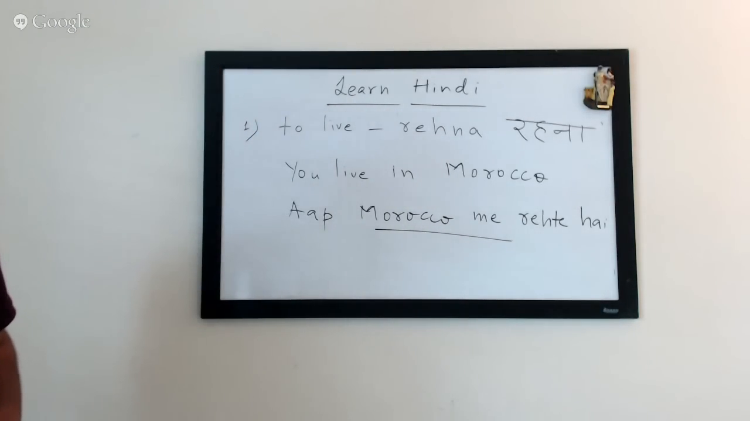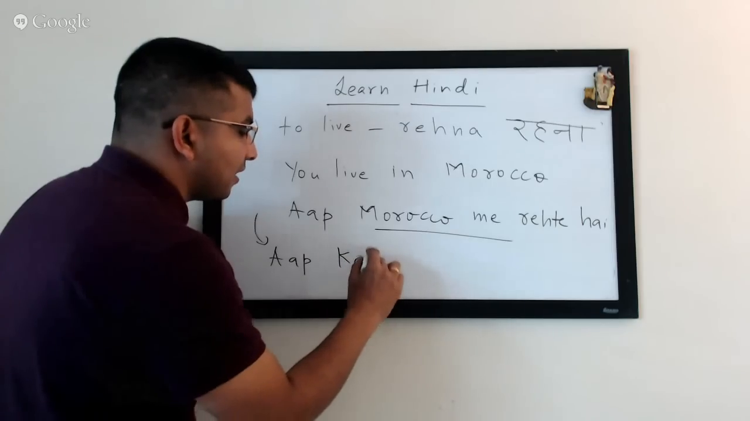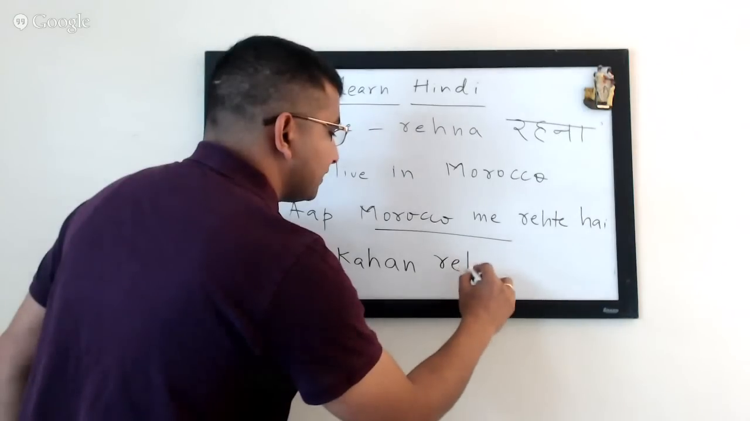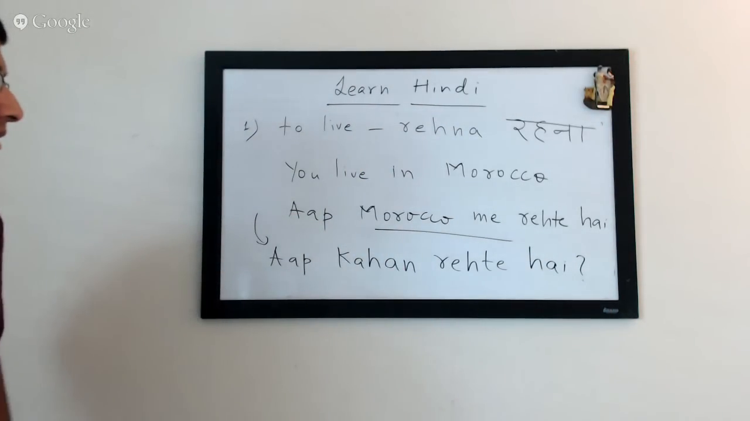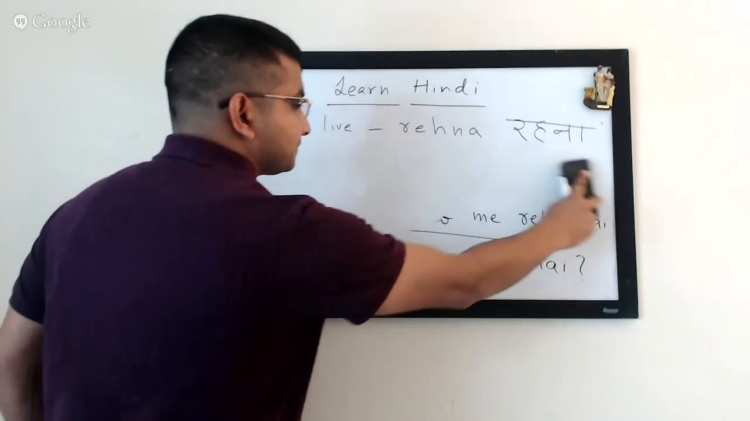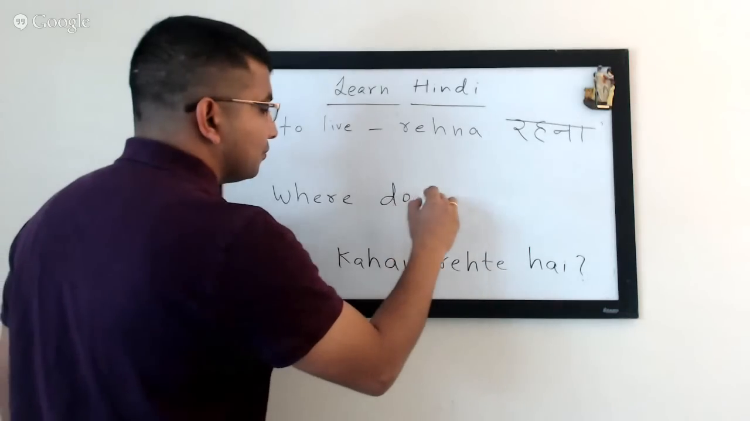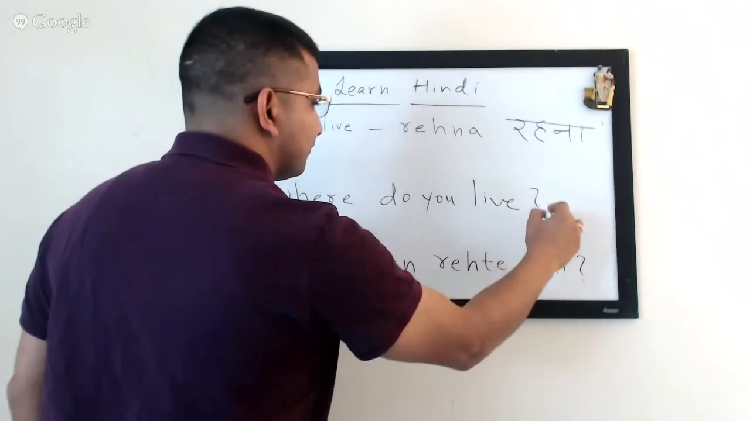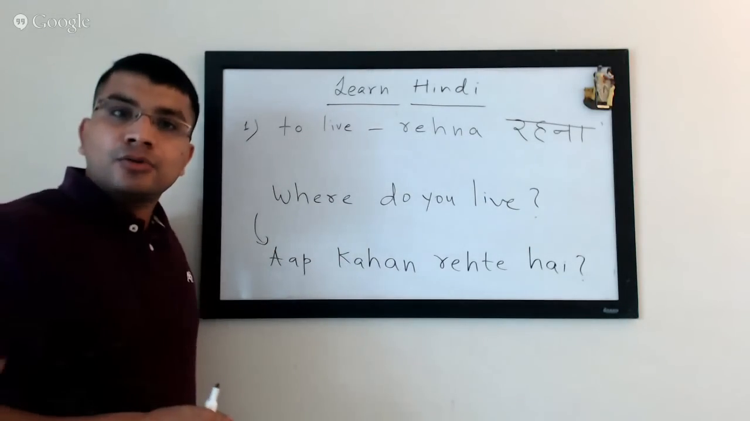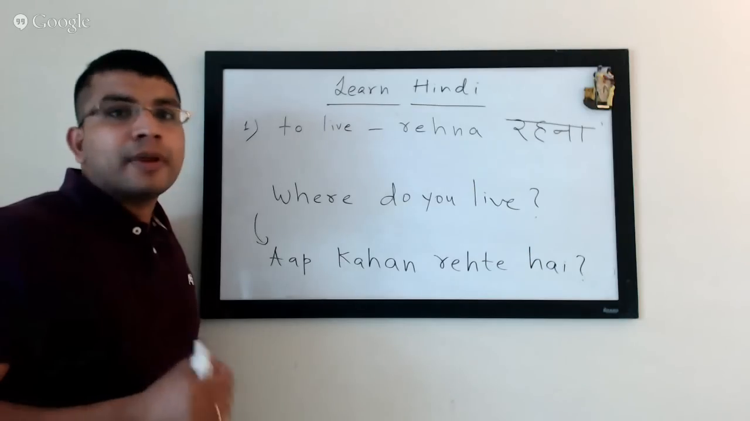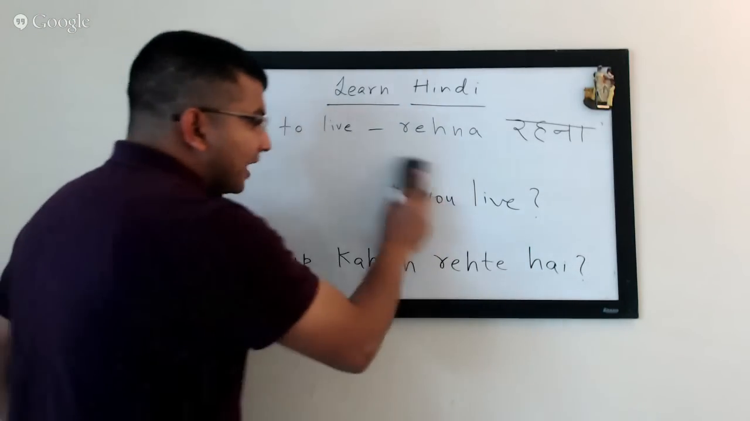So far so good. The question would be आप कहाँ रहते हैं? Where do you live? आप कहाँ रहते हैं? And the response to that would be, मैं डीसी में रहता हूँ, और मैं न्यूयॉर्क में रहती हूँ, और मैं इंडिया में रहता हूँ. Now, if you want to make it even deeper, which is happening in this case,